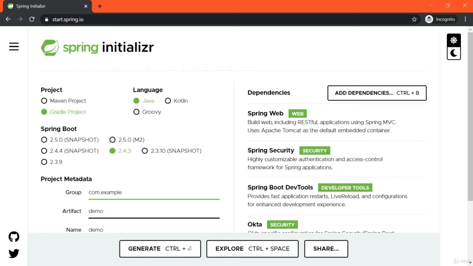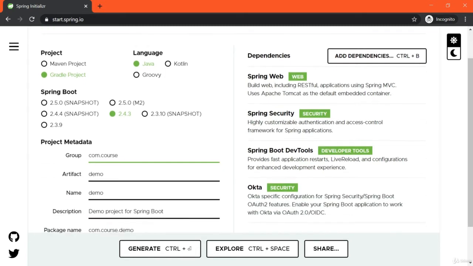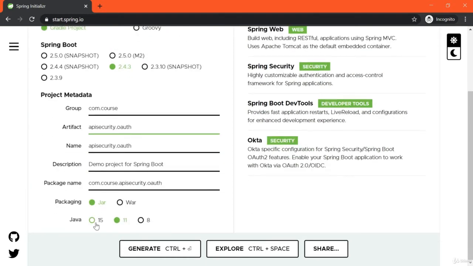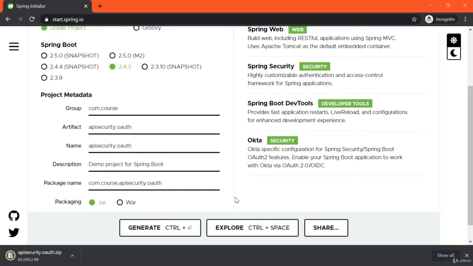For the group, use com.course. Artifact name is api-security-oauth. I will use Java 15. Download and import it to Eclipse.